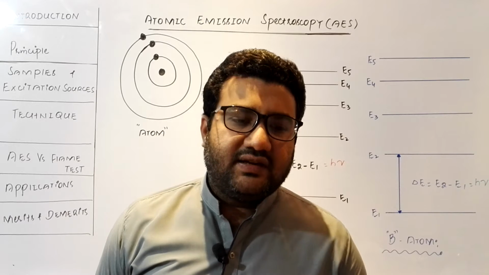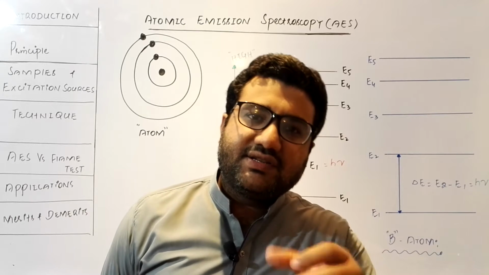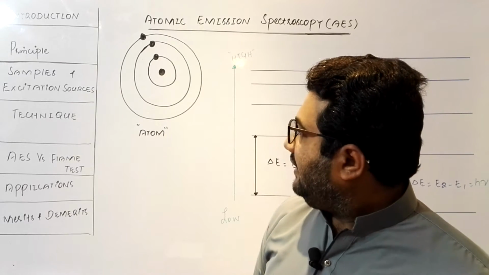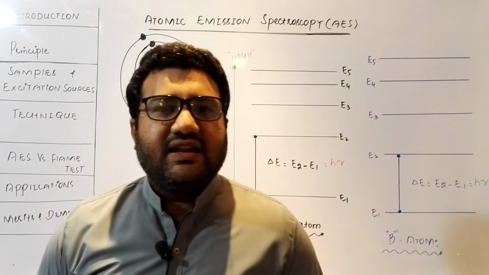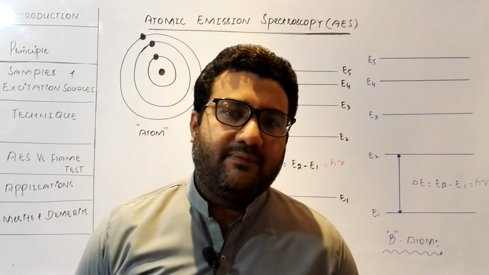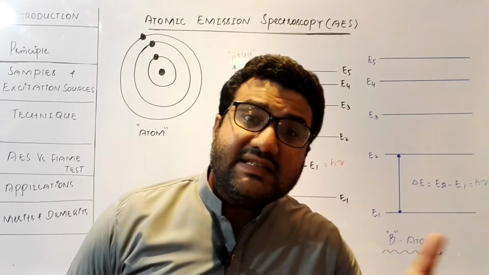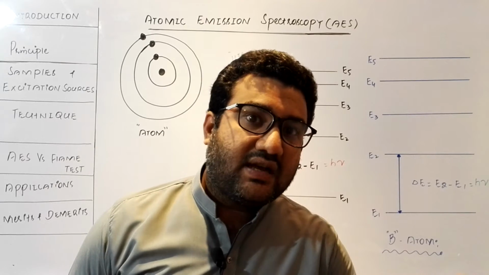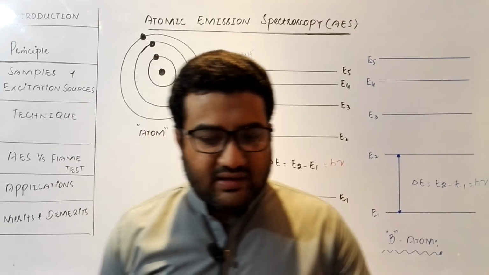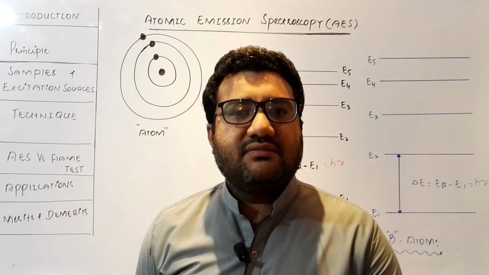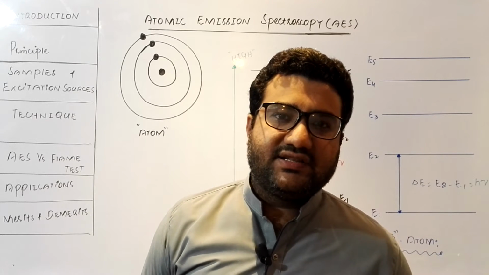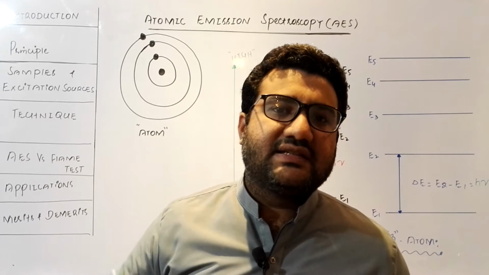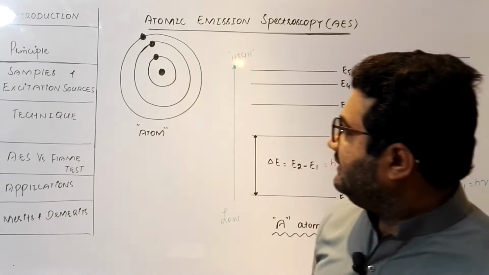Just because this whole topic is based on the energies of the shells, I will use the word energy level. The number of energy levels in any atom is infinite. Now, when we say valence shell of an atom, that never means the last shell. It means the last occupied shell, the highest shell having some number of electrons in it. That is called the valence shell. Otherwise, the number of shells in any atom is infinite, so there is no concept of a last shell.